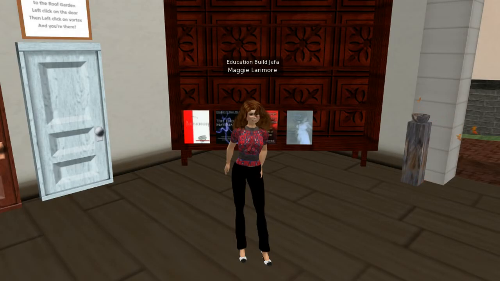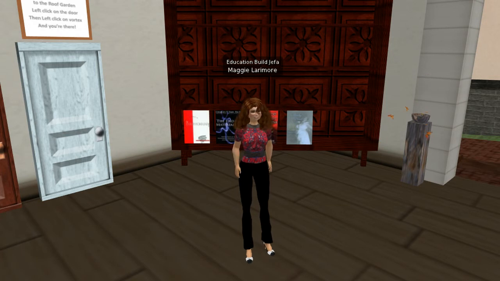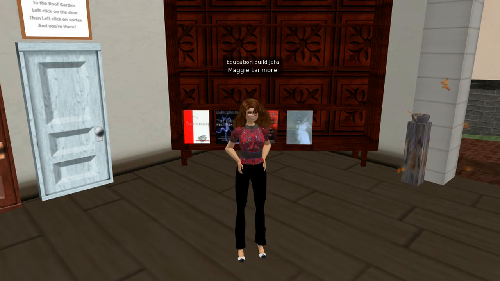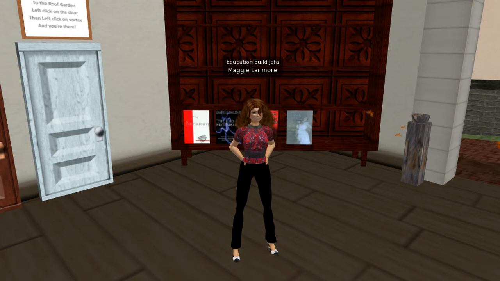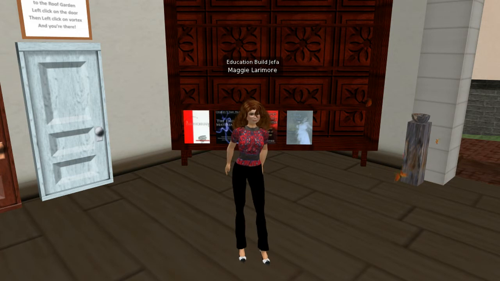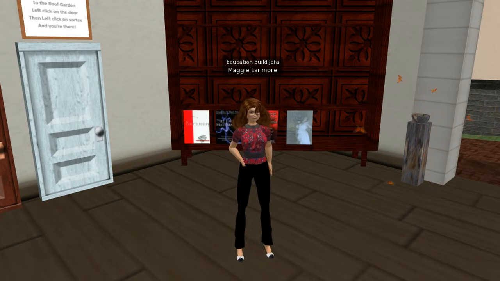So my learning center has been in Second Life since the fall of 2009, and we're in the process of remodeling it. One of the things that I'm doing here at the back end of my learning center is setting up a bookshelf of recommended books. Now I want people to be aware of the titles of the books. I want them to get some information about the book, and I also want them to be able to buy it and to have enough information to go to their local library in real life and take out a copy,